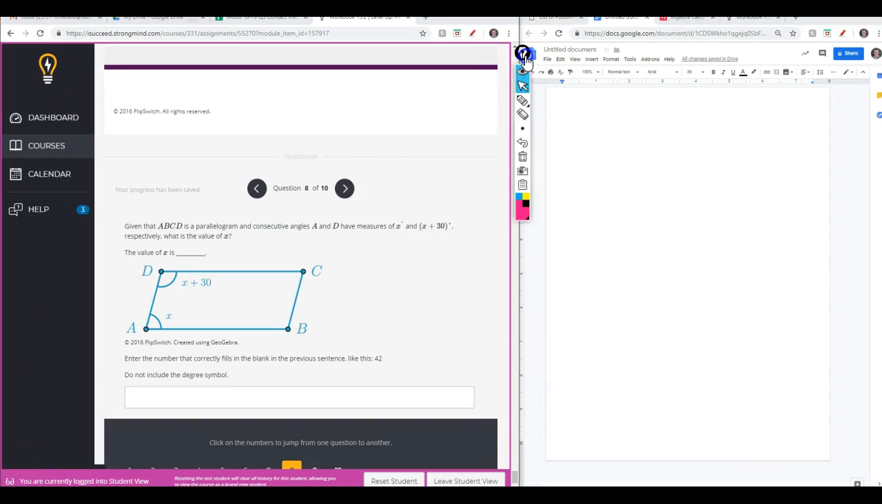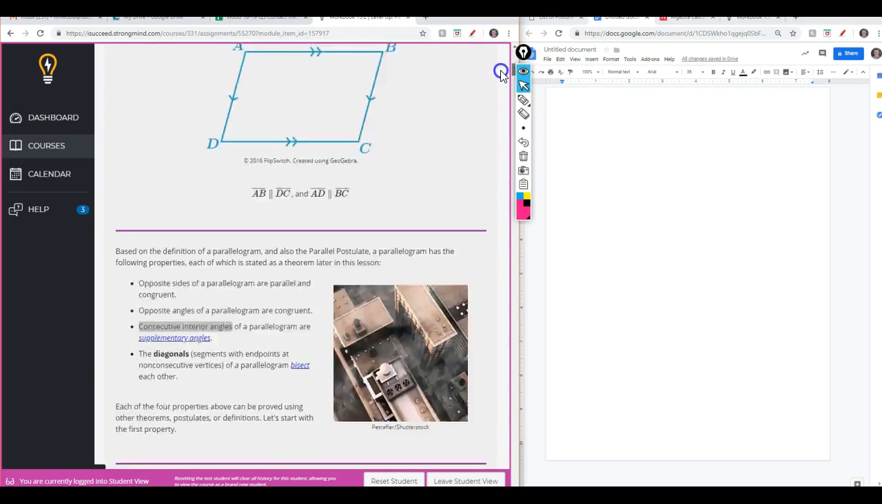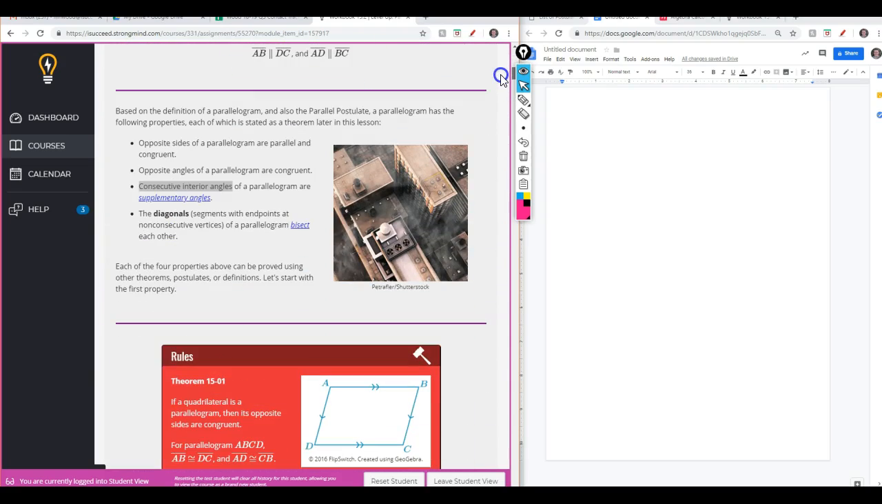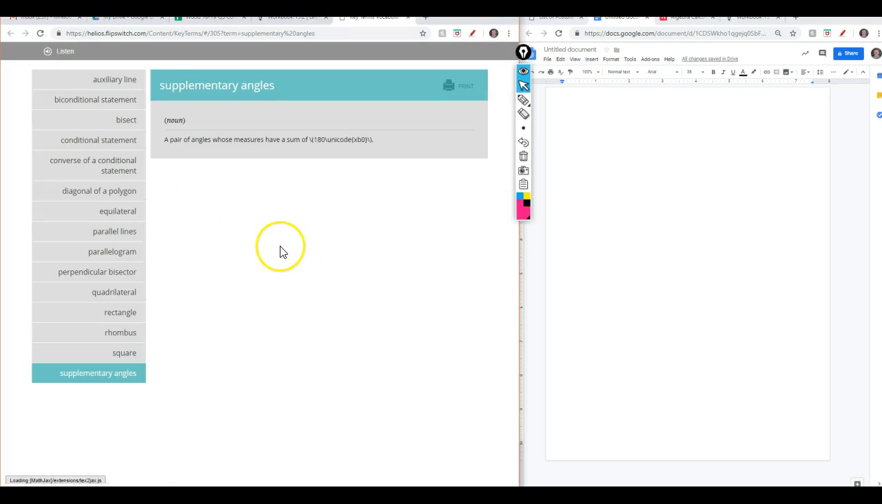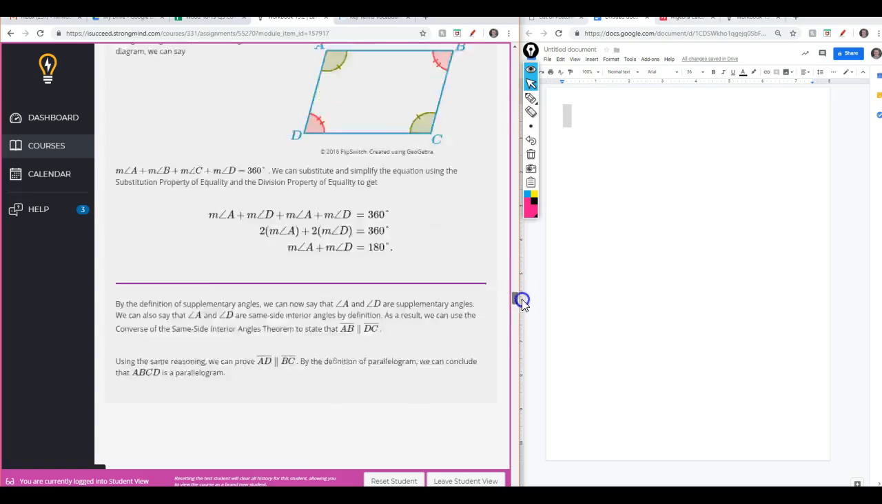If you remember, it's talking about consecutive angles in a parallelogram, and in the last question, if you didn't read that, there is a theorem about this, and it's also listed right here at the very top. Consecutive interior angles of a parallelogram are supplementary. If you do not know what supplementary is, click on that. It says a pair of angles whose measures have a sum of 180 degrees. Okay, so we know that these two angles have a sum of 180 degrees